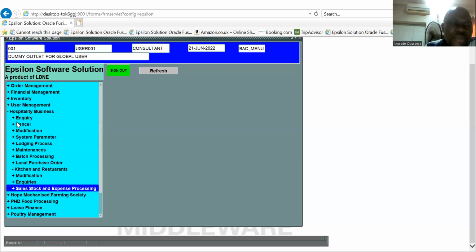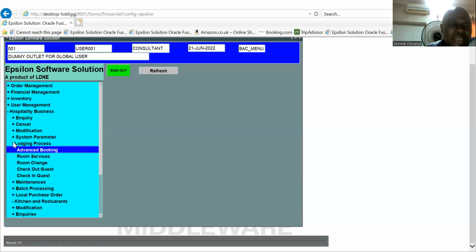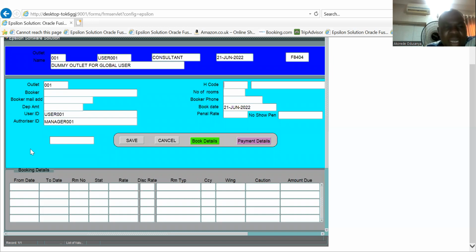Now, I would like to go specific into the lodging process, where we can see samples of what is applicable. The first item here is advanced booking. In advanced booking, the branch where I'm working is automatically displayed. I cannot change it. Here I have H code, representing the hotel code. Which hotel is this? Then I can select the hotel code from all the available hotels that have been defined